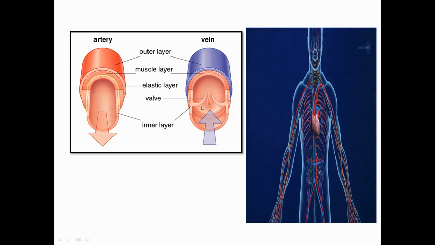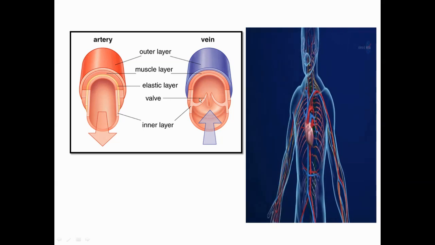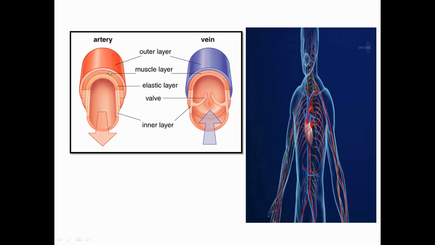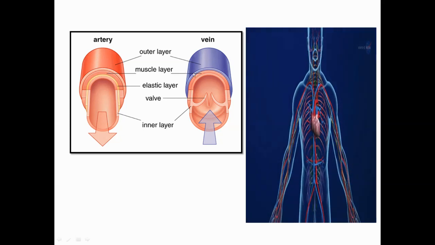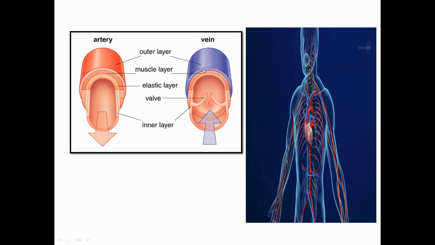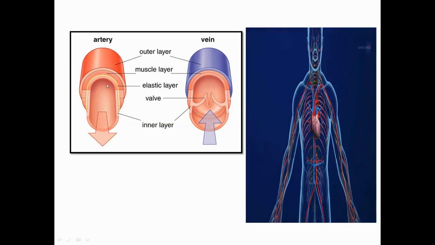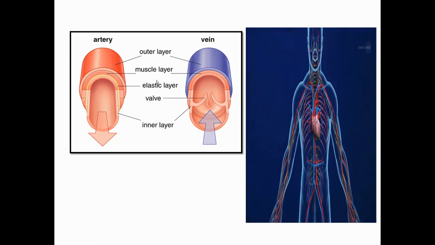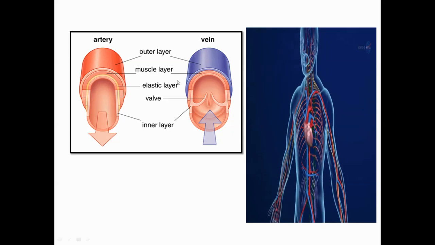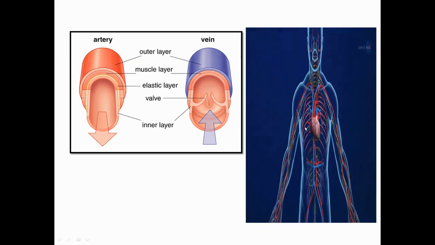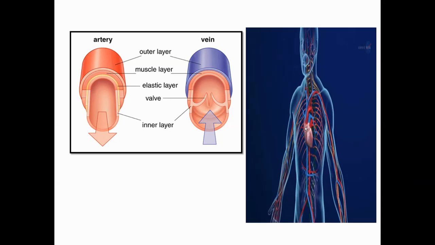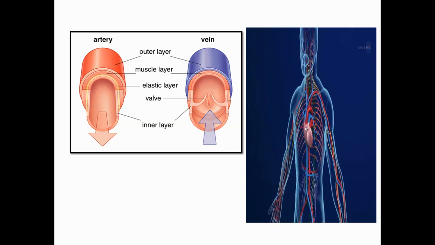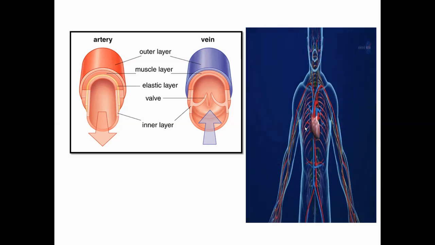And you can see there are gates present. These are valves which prevent backflow of the blood. The other thing you can notice over here is that arteries have thicker walls, and veins have thinner walls. You can see over here. So this is one of the demarcations you can understand with the diagram. Now look at this animated video. You can see the heart has lots of arteries and veins distributed throughout the body. The red vessels carry oxygenated blood and blue vessels carry deoxygenated blood.